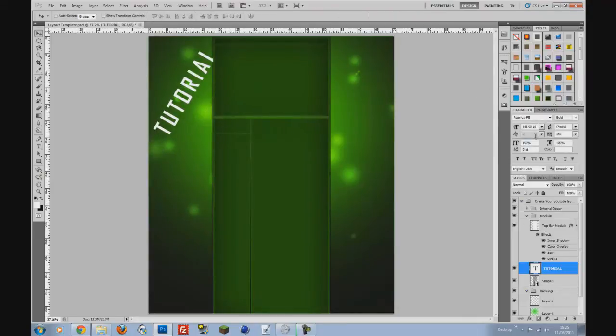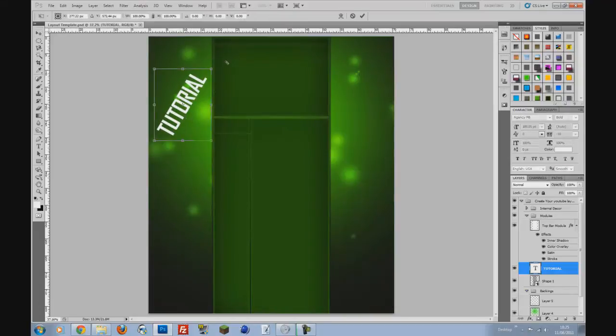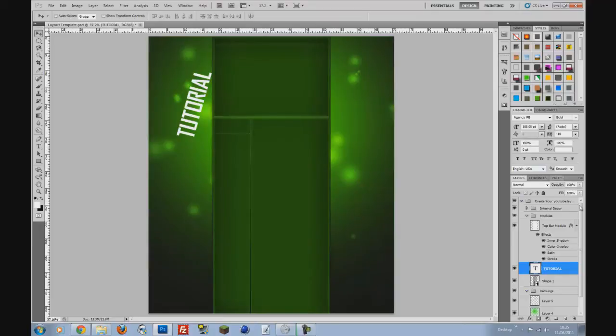Put that up there. I'm actually going to reduce the spacing to maybe -10. Put it -10. I'm going to turn it up a bit so it's a bit more straight but still slanted. I'm going to put it on top or under, depending on where you want it, of the